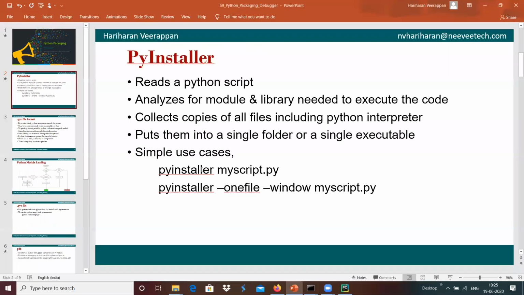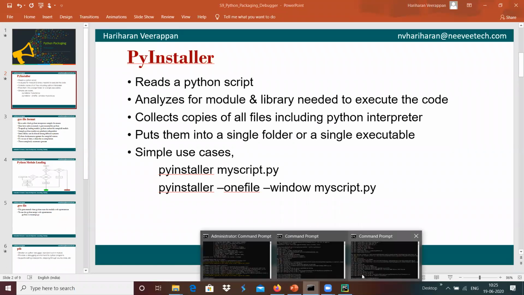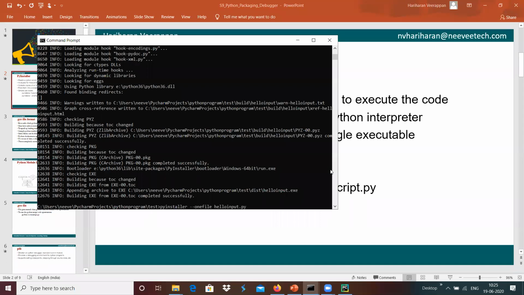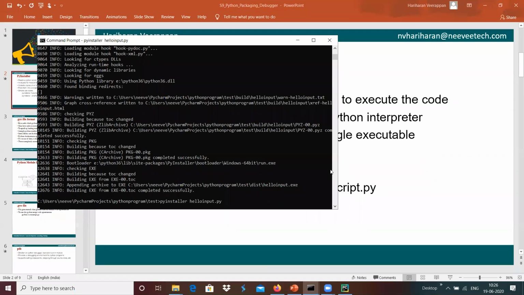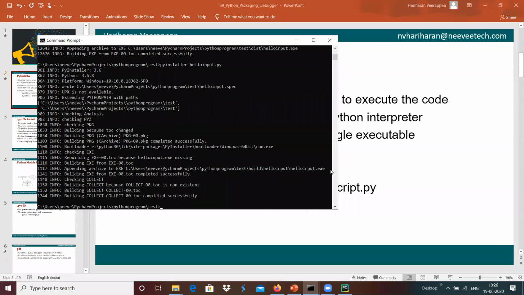And we have the option where this creates that one file. If we wanted a folder, maybe we can use it without --onefile, and it can be created as a folder. For example, I'm going to run PyInstaller directly without that option. It generates a folder-related structure over here, and we have the output over here.